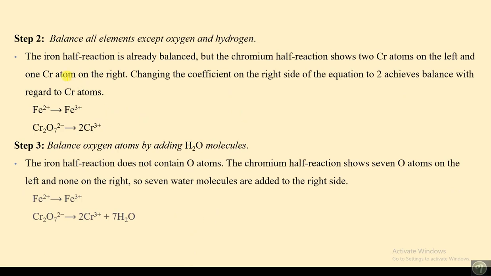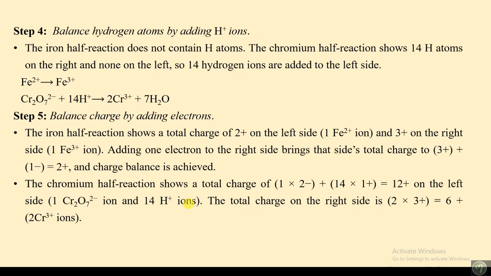ኦልራይት ቀጥሎ ምን ይላል? ባላንስ ኦል ኤሌመንትስ ኤክሴፕት ኦክሲጅን ኤንድ ሃይድሮጅን። ስለዚህ 2 ክሮሚየም ጨመረ ማለት ነው። ኦኬ እዚህ 2 ክሮሚየም እዚህ ጋር 2 ጨመረ። this is it ይሄው። ከዛስ ባላንስ ኦክሲጅን አተም ባይ አዲንግ ዋተር ሞለኪውል። ስለዚህ እዚህ 7 ኦክሲጅን ስለሚል 7 ዋተር 7 ኦክሲጅን ሂር 7 ኦክሲጅን ይሄንን ጨምሩ። ስለዚህ ኦክሲጅን ባላንስ ለማድረግ ውሃ ጨምሩ ነው። ከዛ ሃይድሮጅን ባላንስ አድርጉ ይላል። then ሃይድሮጅን አተም ባላንስ ለማድረግ H+ ጨምር ይላል። so 7 ጊዜ 2 14። so በሪአክታንት ሳይድ 14 H+ ጨምሩ።